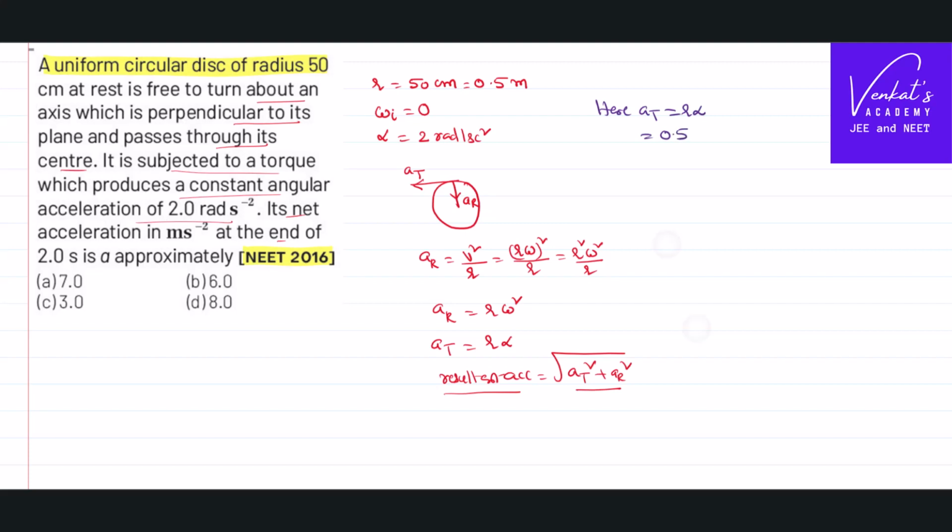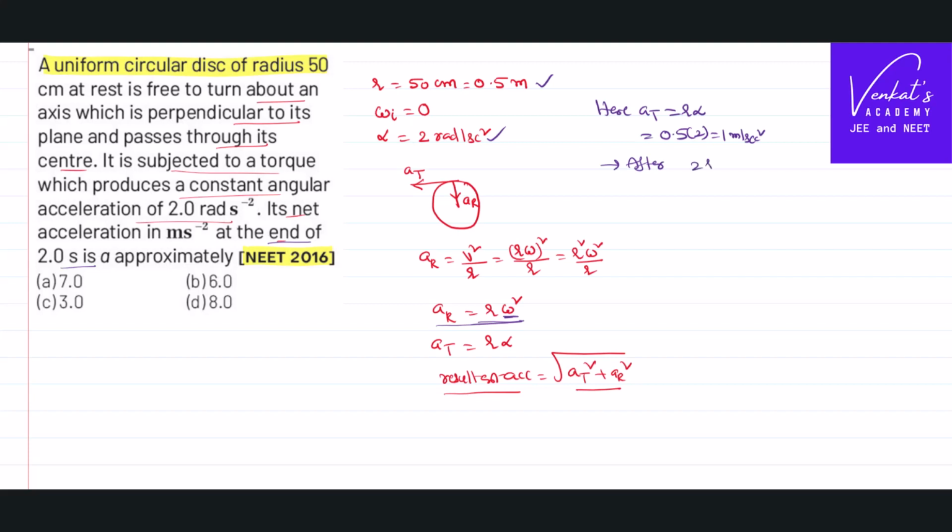R is given as 0.5 meter. Alpha is also given as 2. That is equal to 1. A tangential is 1 meter per second square. I need to find out a radial. To find a radial, or say a centripetal, we need to use the formula r omega square. What is it after 2 seconds? So I have to find a radial after 2 seconds, means we need